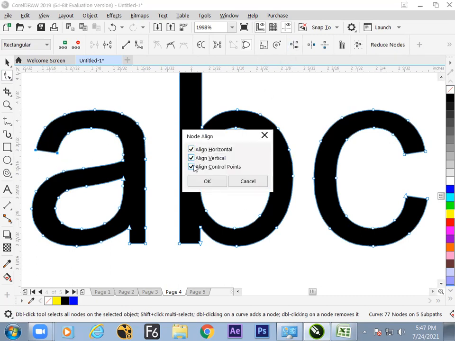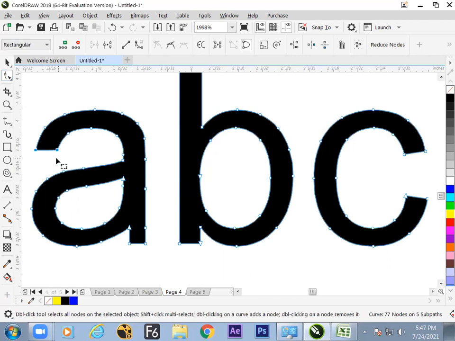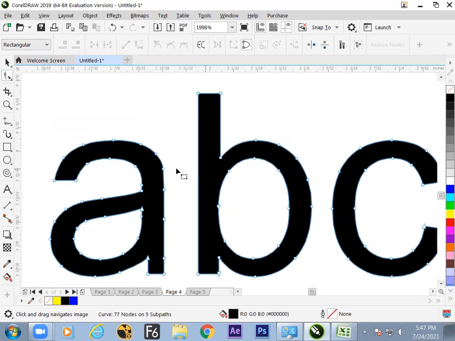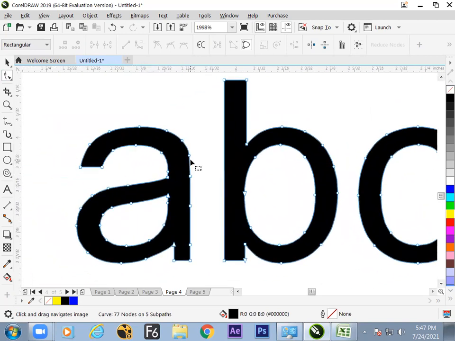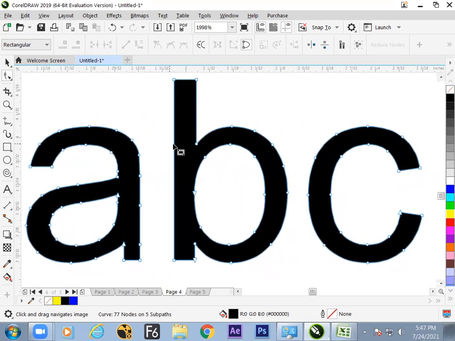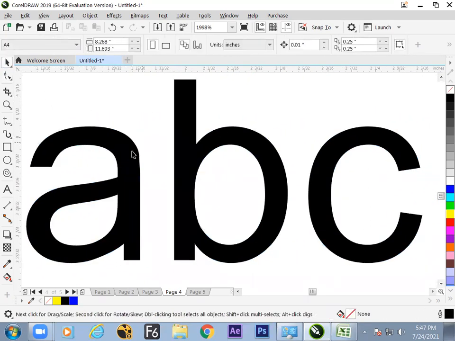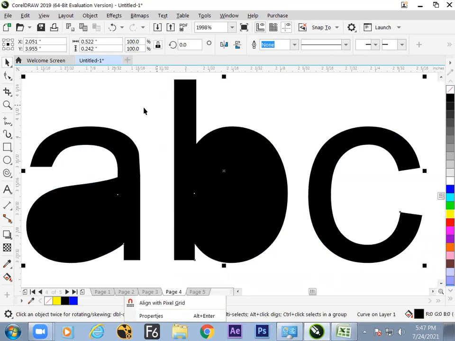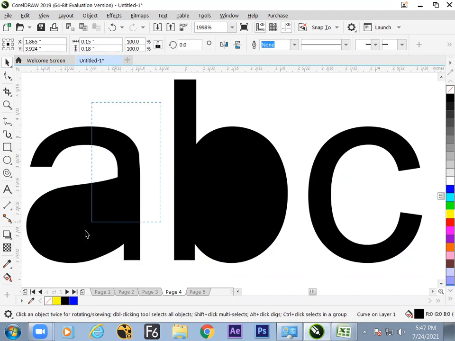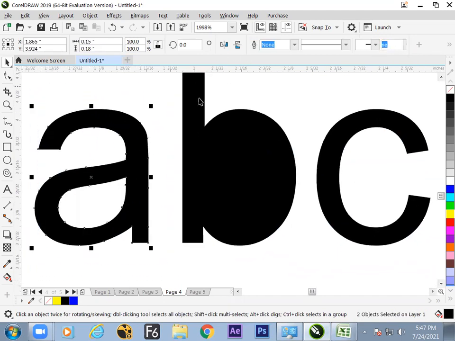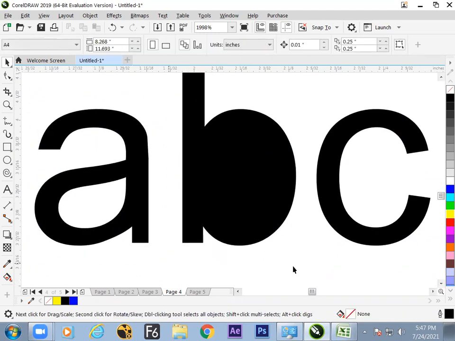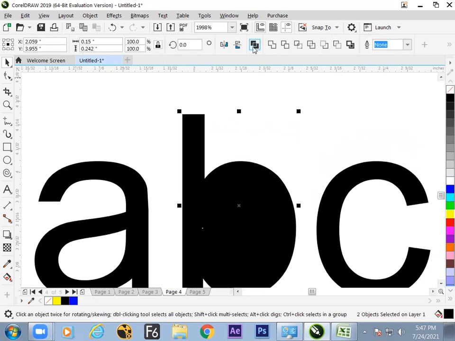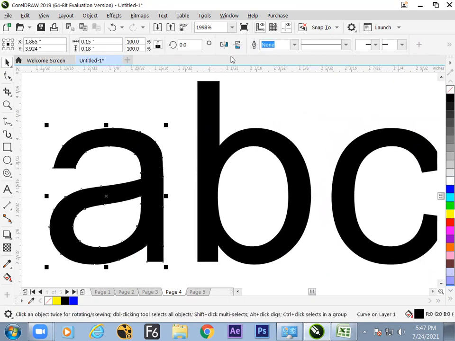Alignment button, horizontal, get it out. So horizontal align. So the text will be stylish, but you are able to break the style into a simplified manner, and a logo is a very simplified version of a complex design. Now the letter A is not always required to be on the left side only. Break apart, select all of this and combine it, select all of this and combine it, select this and flip it up.